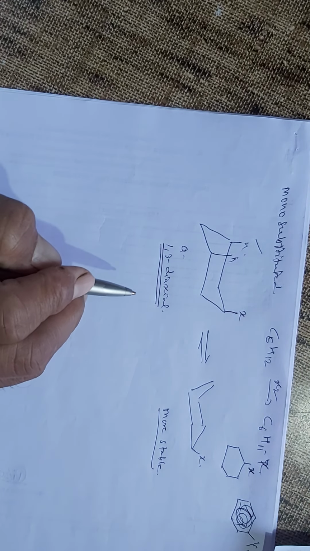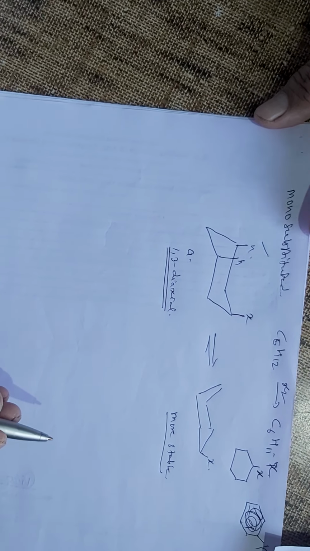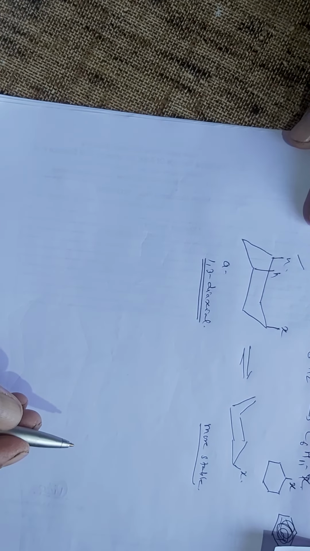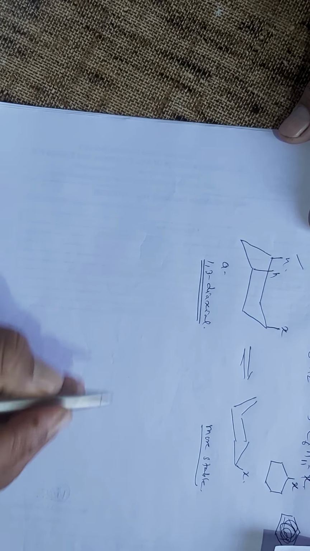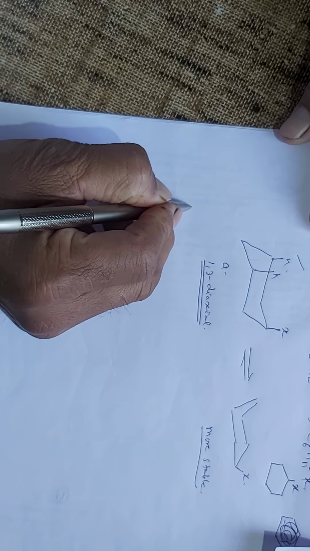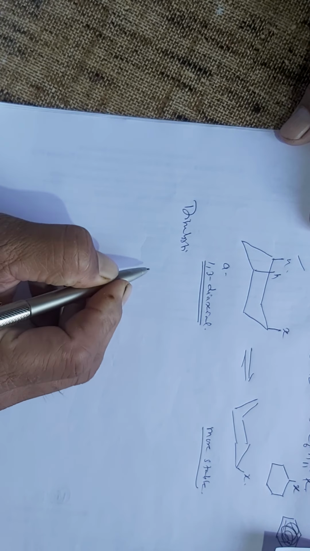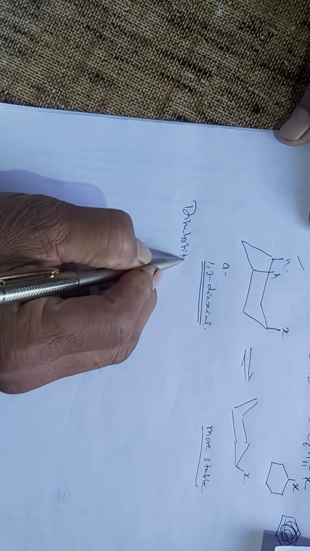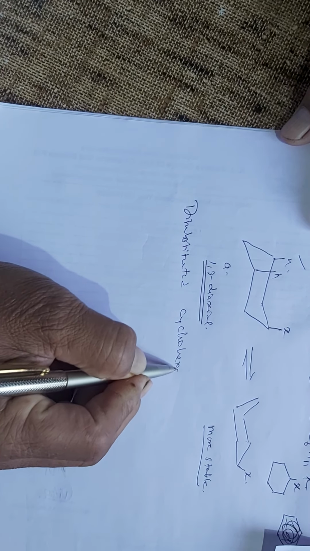And so in this way we are able to study the stability of the monosubstituted cyclohexane, and then we have studied the locking of conformation also, that the molecule always tries to remain at the equatorial position only. That is the tertiary butyl cyclohexane example we have seen. Then we studied disubstituted cyclohexane, and we have studied the geometries of the molecule that it gives rise to.